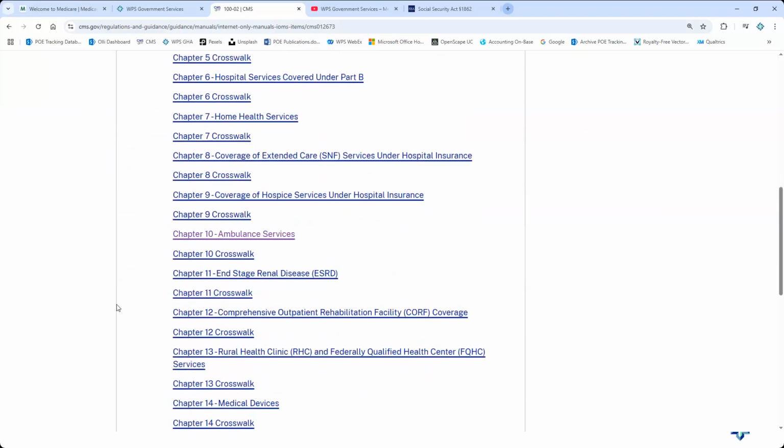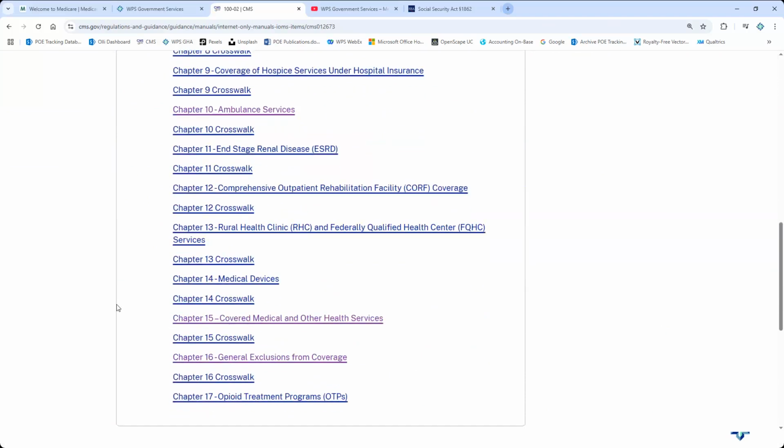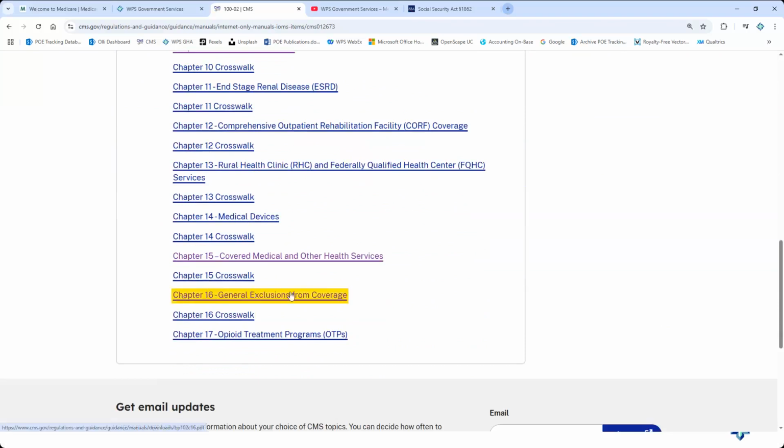This is where a lot of our information is going to come from, even down to the point that there's an exclusions manual within this. So if it's within this exclusions manual, we're not going to pay it. So I wanted to bring you guys out here and make you aware of that. Hopefully that answers the questions a little bit about why we pay the way that we do.